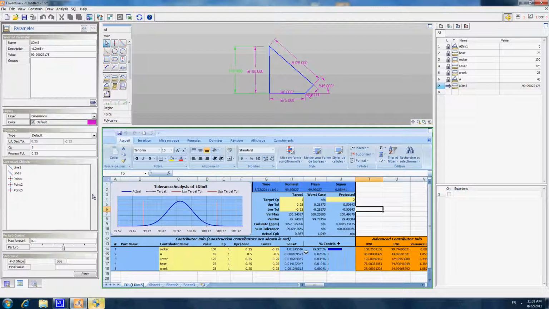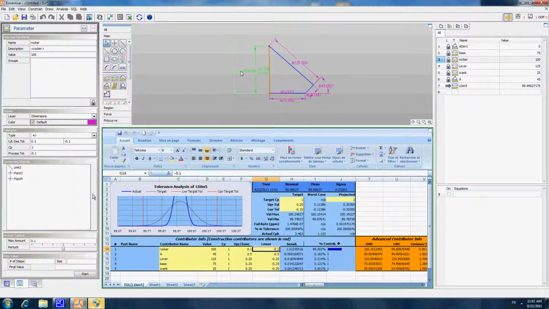Okay, so by only making this type of small changes on the functional drawing, we can find a design that reduces to the maximum the variations. Of course, it's also possible to go then on the tolerances on the main drivers and reduce those tolerances. So here on this one, for example, we can say instead of plus or minus 0.25, we enter plus 0.1 and minus 0.1. Okay, so at every step, as you have seen, the report is recalculated, and also the tolerance value in the sketch gets updated.